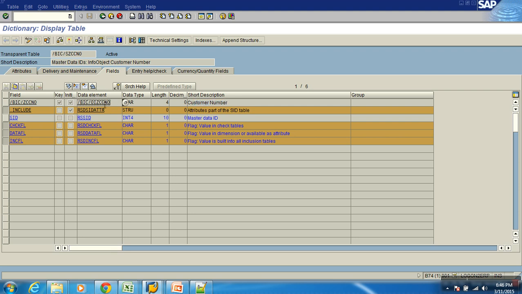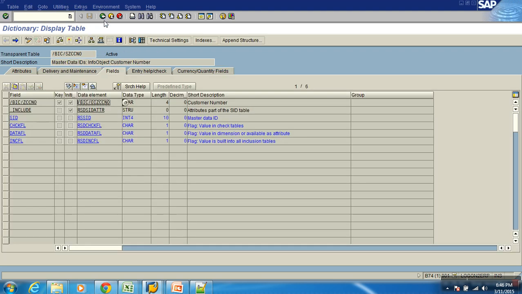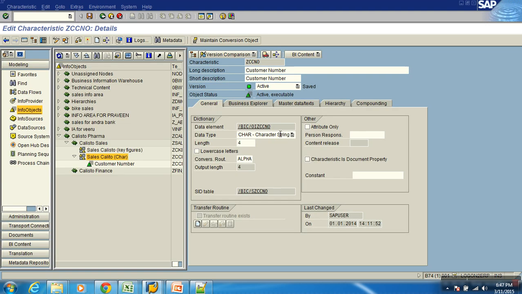Now look at this. For this field, CHAR, length 4 and description are defined with this. What is the data element here? This is the same one which has CHAR, 4 and this. So that data element has brought the definition into that column. Wherever my InfoObjects are used in those tables in the backend, I need to have the definition of those columns, length and data type. So the data element is used to define those properties of the column in the backend table. When I activate the InfoObject, it formulates the data element. This data element will be used in the backend to formulate the properties of that particular column in a table.